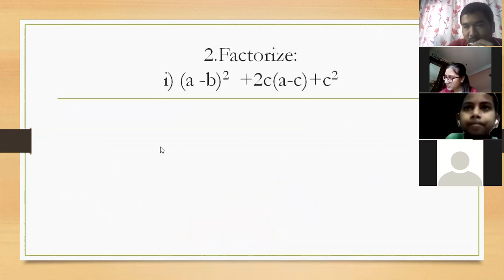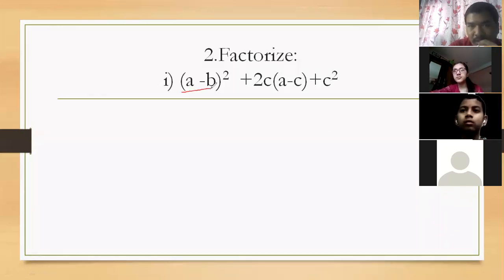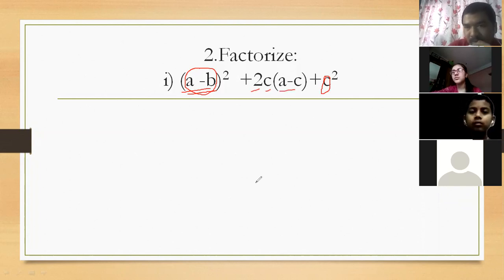This is question number 2. Look here, here also we are using the same formula, but you tell, before using the formula, what is in place of A here? A means here we have to take these two terms. A minus B is in A and C is in B. Then look at 2AB at the middle. The middle is 2AB. Then this is in which formula?